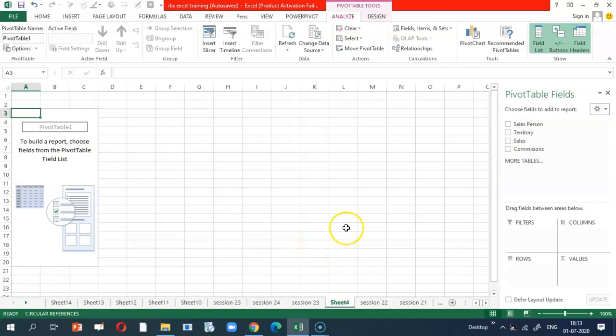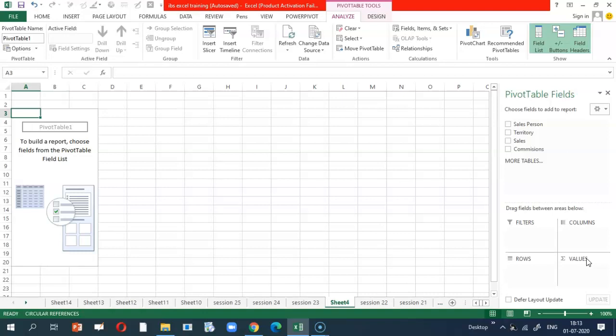Let us understand this concept. How do I do so? So you have four fields, namely filters, columns, rows and values. As the name says, columns and rows, if you drag a particular data, that will sit in the column or row respectively. And whatever you drag in the values, that is the amount which is reflected in the summarized data.